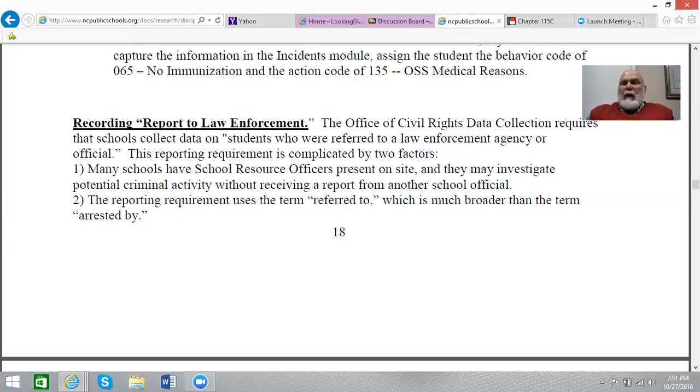The more you learn about this stuff, the more I believe you will become an advocate for children and try to do the right thing for them. Remember, I've got some resources there, and you can always go to your disciplinary data manual and public school laws that I had under other weeks. But your big reference for law is always the general statute, starting with 115C. The discipline statutes start at 390, and so you should read those.